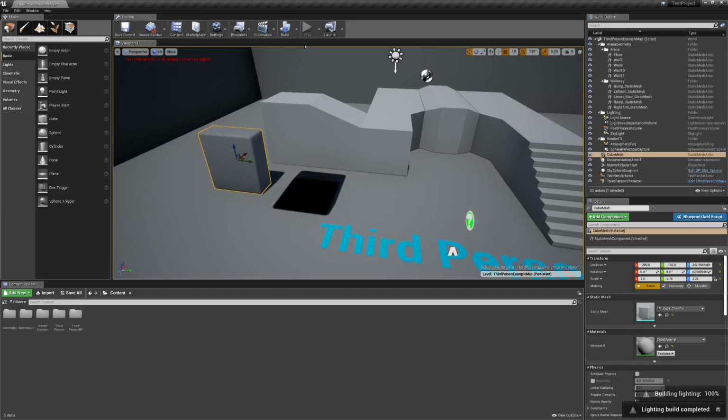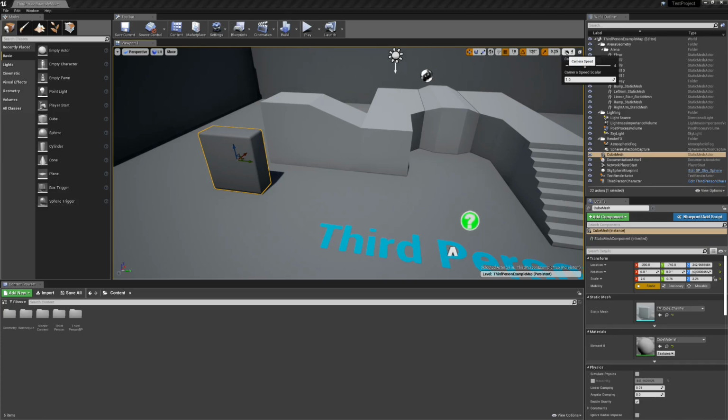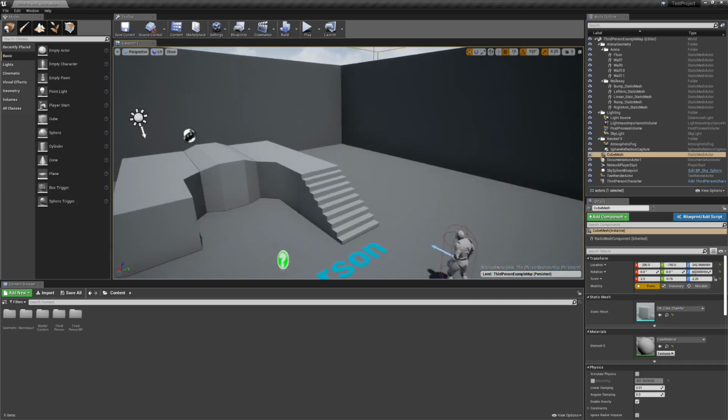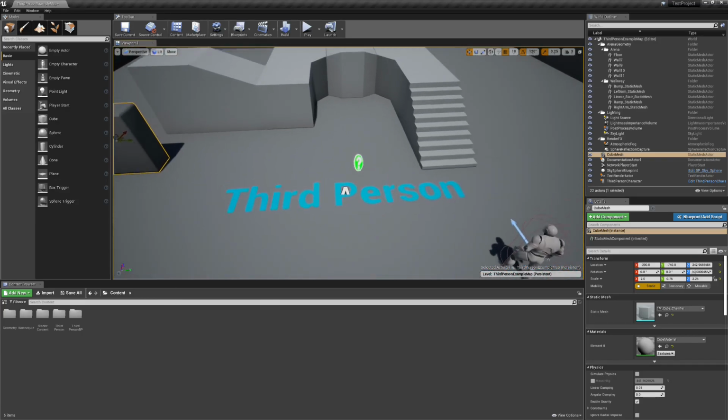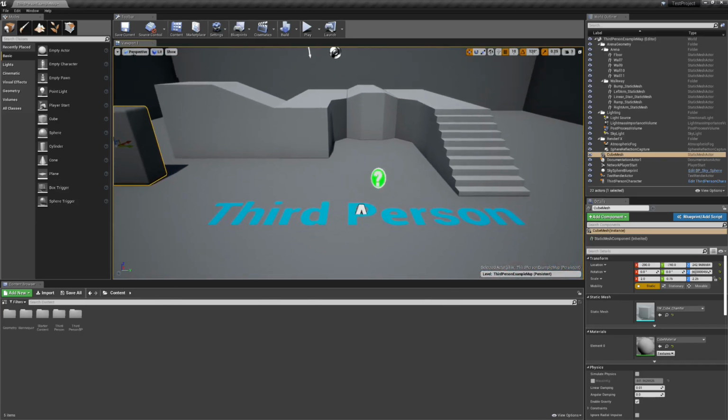You'll see the shadow is changed on our cube. In addition to changing the scale options in the top right of your viewport, you can also change your camera speed, so that way you can either speed up for an especially large map or slow down when you need to get fine detail. You can click on the tab and hit hide tab to get a little more space